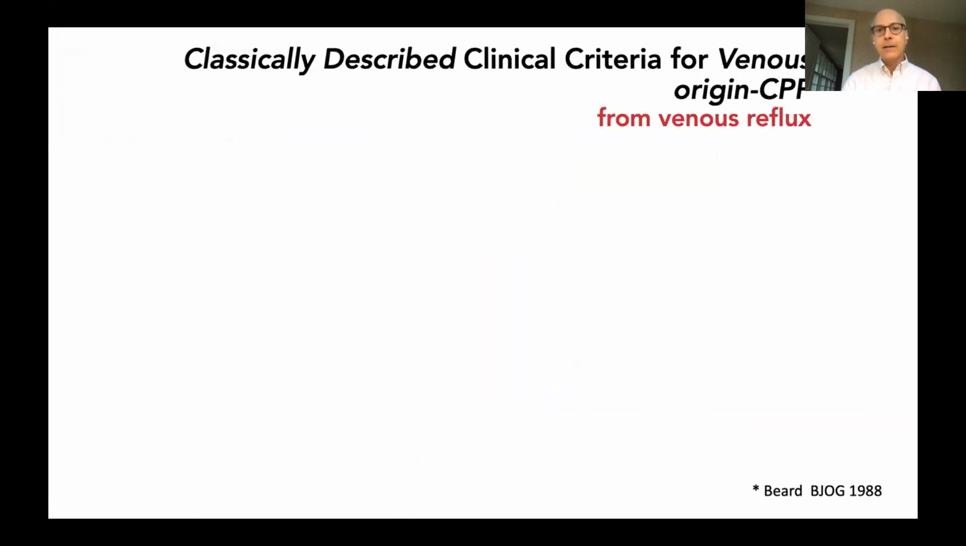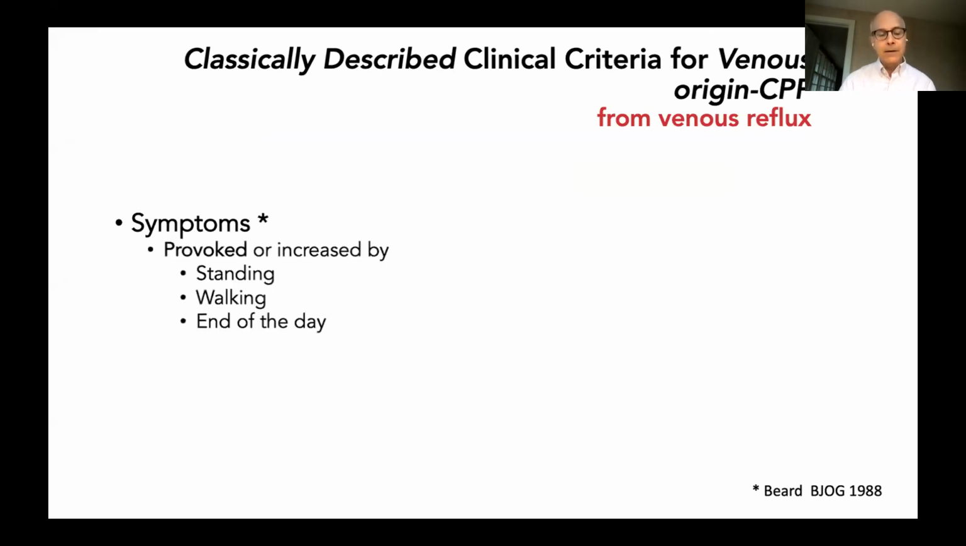And so the classically described clinical criteria for venous origin chronic pelvic pain are derived from some work by Dr. Beard, who studied patients by their history and physical exam, and also with venography. He did this back in 1988, and there was some additional work done in the 1990s. He's a gynecologist from England, and some of his work got lost for a few years. And we've resurrected it, and I'll try to distill his comments, which I think still hold true in our impressions